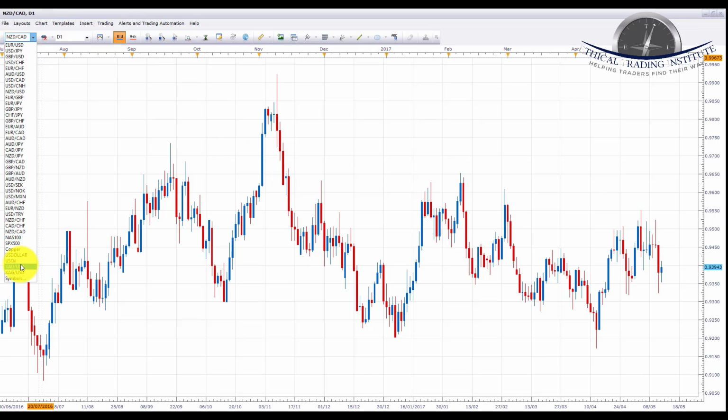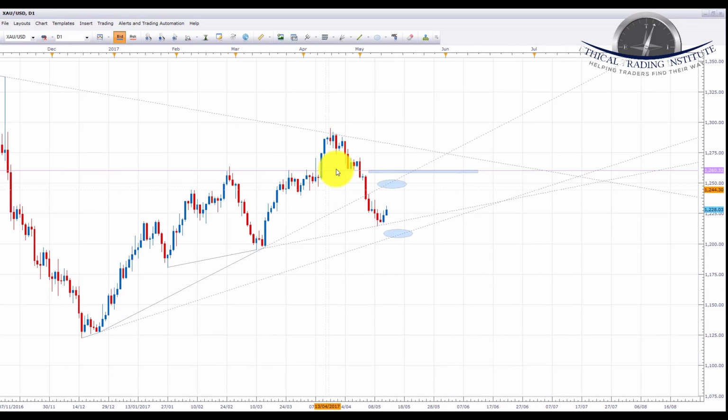Next we're going to do is gold. We did get a bounce off this major downward sloping trend line in gold, and we found a little bit of support at this support and resistance area. It did break through, and once we broke through, we were looking for this upward sloping trend line here. We got a breakthrough here, and we were looking for a retest of this upward sloping trend line here, but